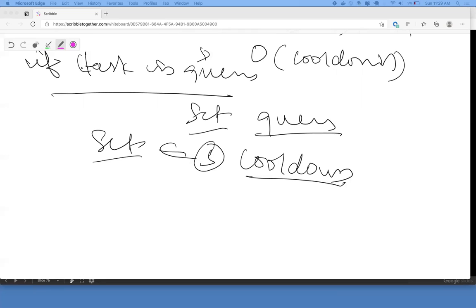A set doesn't guarantee order. If you want to remove a particular element, we have to iterate through it. Am I right? Yeah, because a hash map is nothing but a set, is nothing but an array, right? Yeah, exactly. So we have to iterate through. So remove would be O(n), and here is going to be the cooldown time.